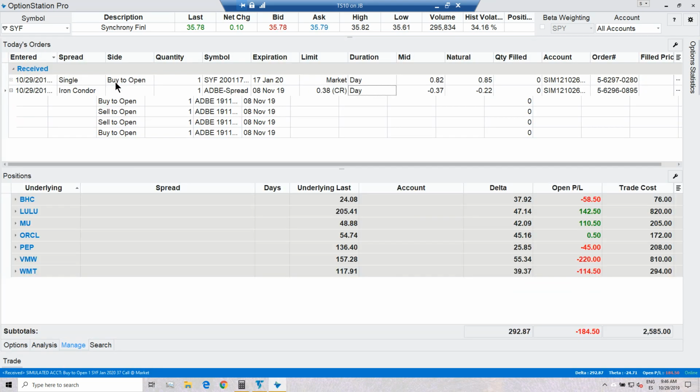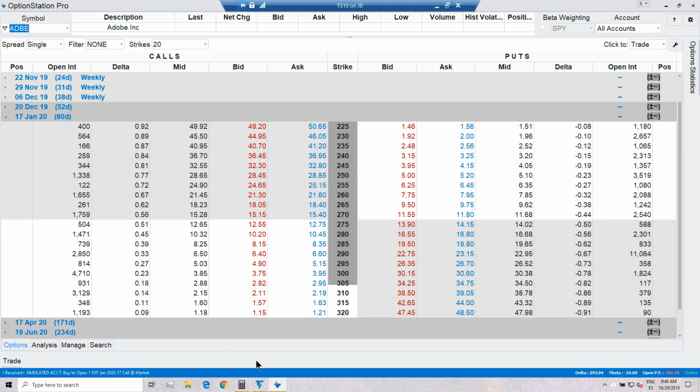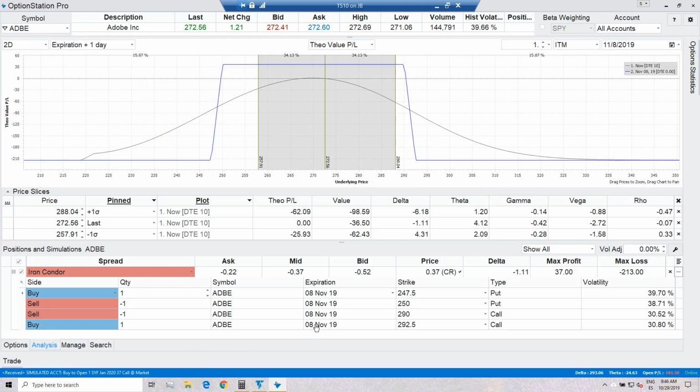What do we have? The Iron Condor has not been filled yet. Okay, let's take a look at Adobe out of curiosity. What is the current midpoint? Current midpoint is 37.36. So at any moment I may get filled on this trade. I mean, you don't get filled at the midpoint, you get filled at the ask. But again, with such a large difference, you will often see market makers meeting you, so they get the orders filled. Notice how the midpoint now is 38. I haven't been filled yet, but I may get filled soon, and the same may happen to you as well.